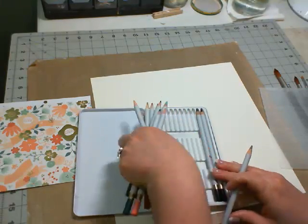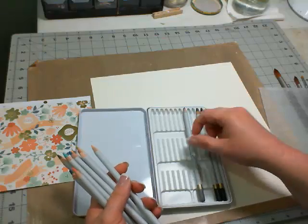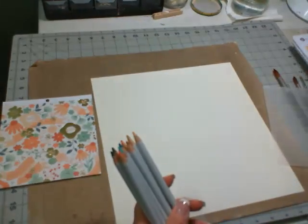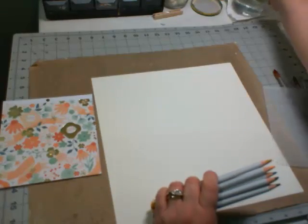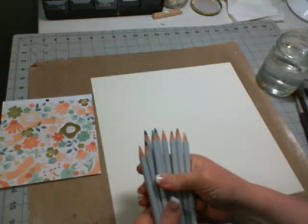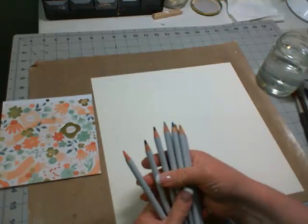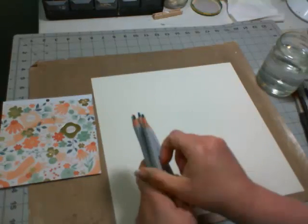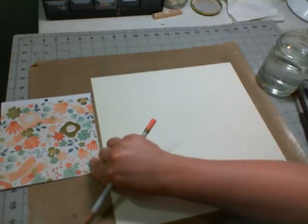I'm going to avoid the dark rich tones for now. I'm just going to stick with these lighter colors, and hopefully we'll get a different look from what we had last time with our watercolor set. So these pens are rich in vibrant pigment, so we should be able to get some really fun stuff with it. I'm going to start out by taking a look at,